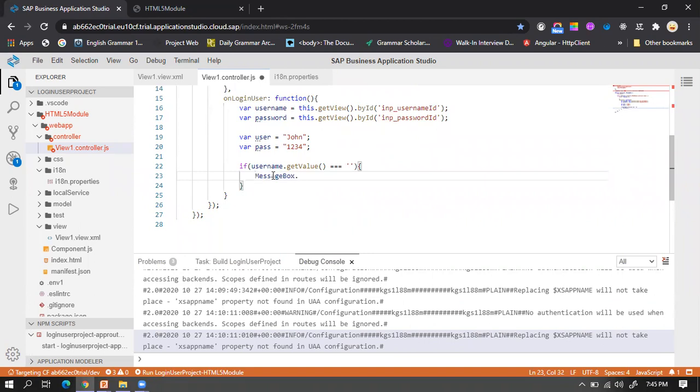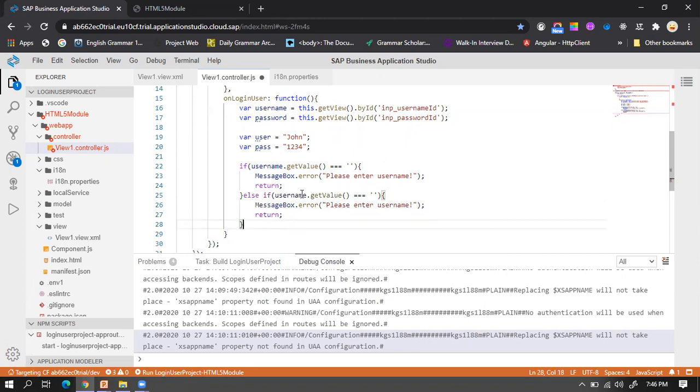So now I can directly use MessageBox.error, "Please enter username", and we need to stop our execution process. The same we can do for the password.